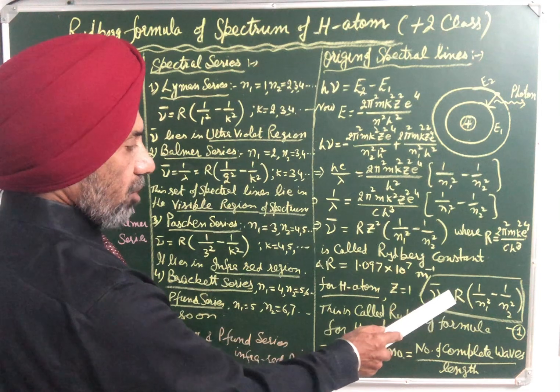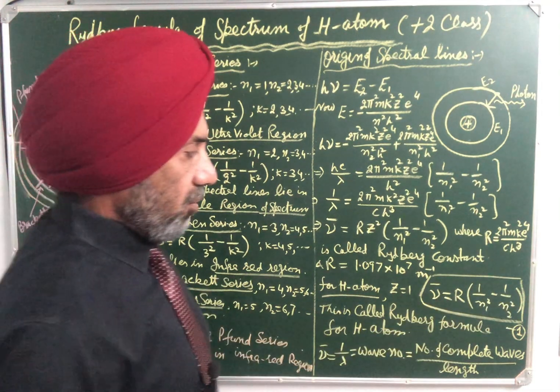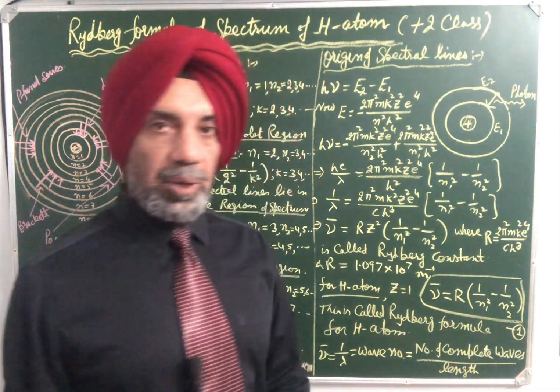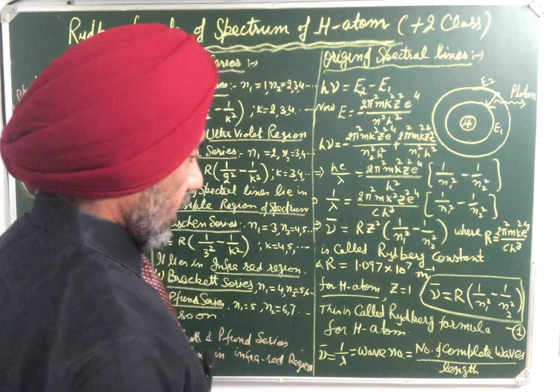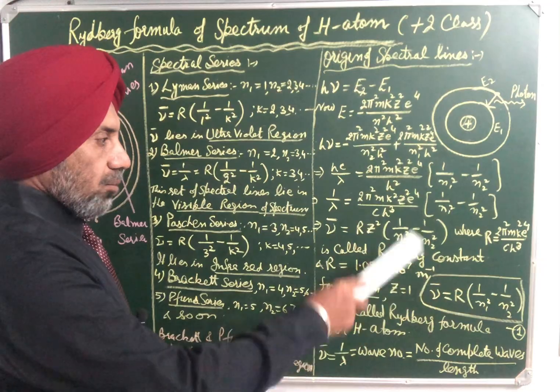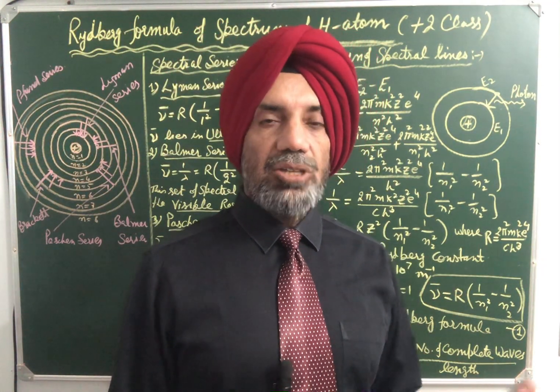So nu bar, or 1 by lambda, is equal to R (1 upon n1 square minus 1 upon n2 square), where n1 is the principal quantum number of the first state, n2 is the principal quantum number of the second state, and R is the Rydberg constant. So from this Rydberg formula, Bohr explained the various series of the hydrogen atom